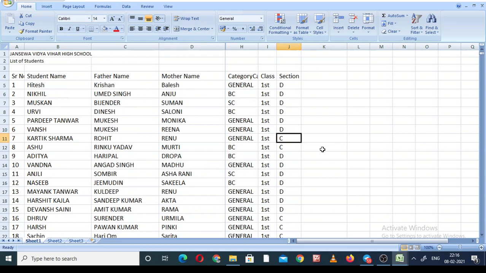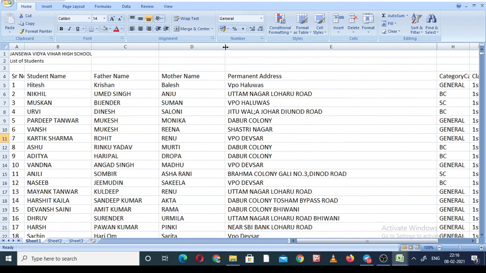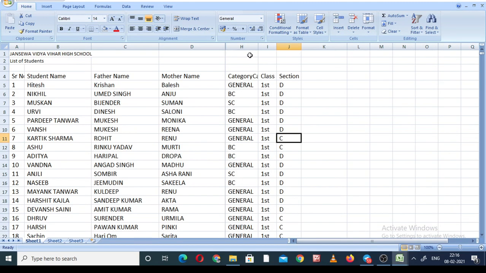Suppose I would like to get the information on how many students are there in class 3rd section B, and I also want to know how many girls are there in that class. We are talking about section B, and the class is the 3rd. So that is my question.